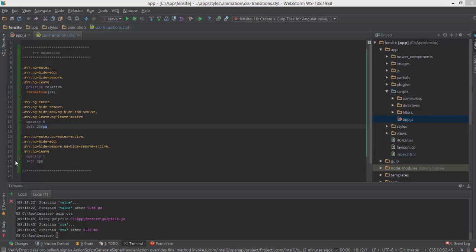Hello, today I'm continuing my Gulp tutorials, and in this tutorial I would like to show how it is possible with Gulp to automate such a notion as Angular animation. Despite the fact that the Angular team did a great job and made it really simple and natural to use animation, and as you know, since version 1.2 they switched to class-based animation,